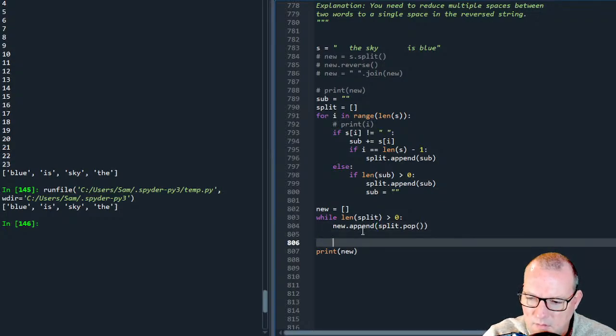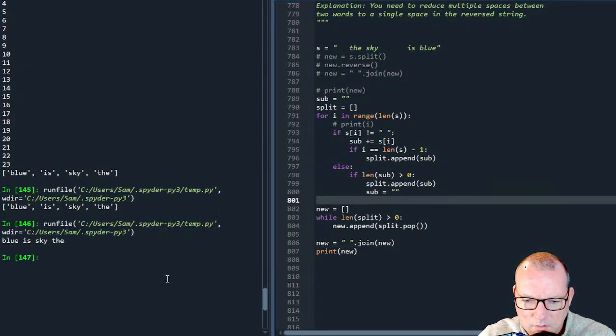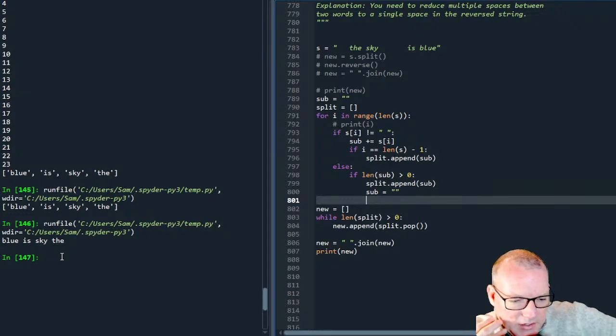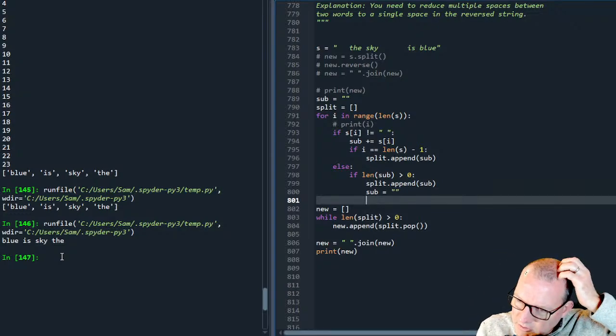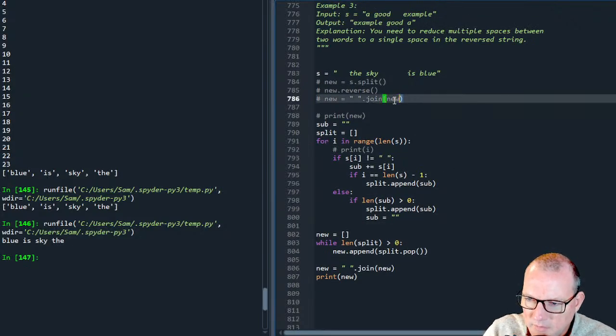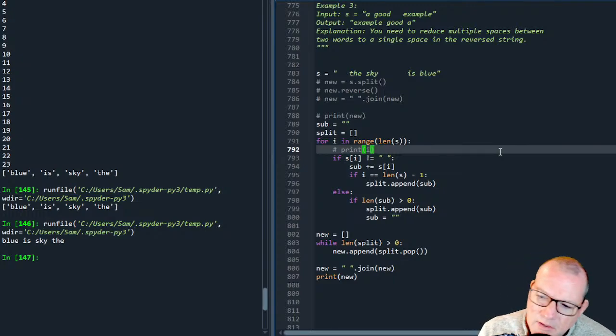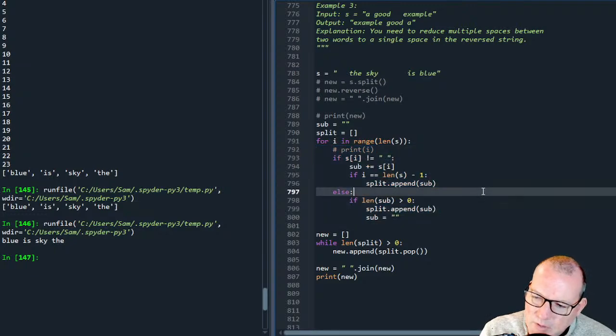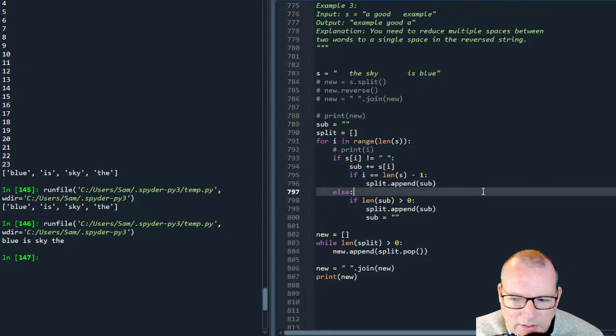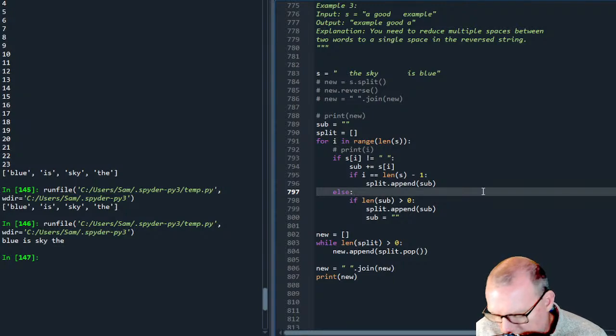Then we'll do new equals dot join dot new. There we are. So here's the longhand version of this. Just to give you a heads up, know how to do it, because these type of skills are very, very important to be able to know how to get down into the nitty-gritty and the guts of solving these, because you're going to need to be very agile,